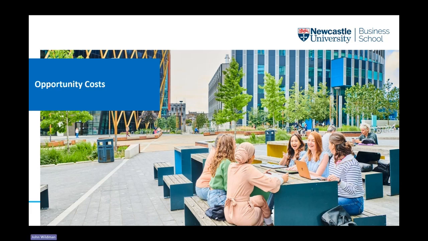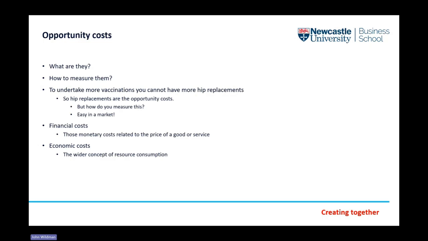Now we can only think about this if we think about efficiency in terms of opportunity costs. So we have things that we wish to do, but we've also got to think about, therefore, things that we want to give up. So as I say, what are they? This isn't simply the money that you're going to spend.